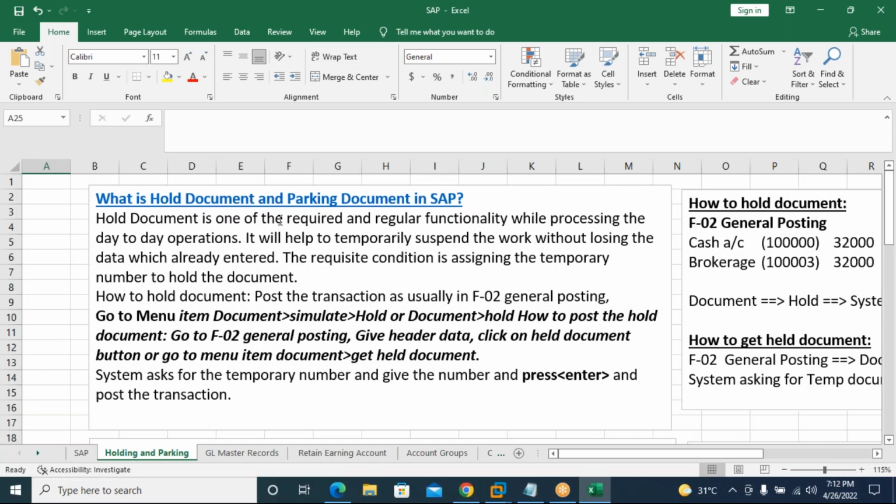So what is a holding document and a parking document? When you run this holding document, it requires some regular functionality while processing day-to-day operations, but temporarily we suspend the work without losing the data which is already entered. So that's why